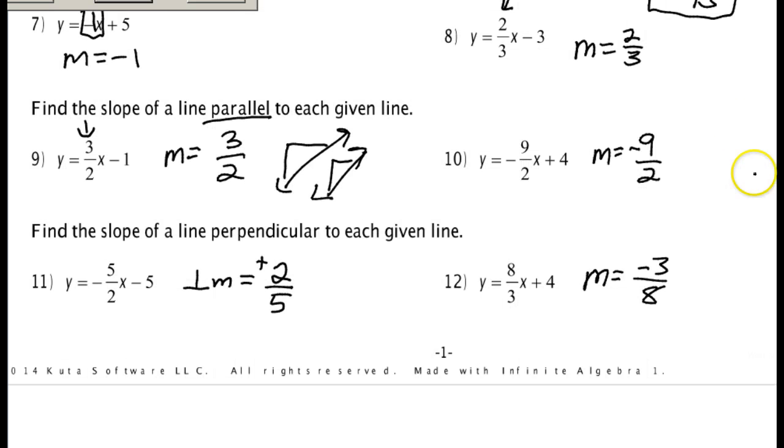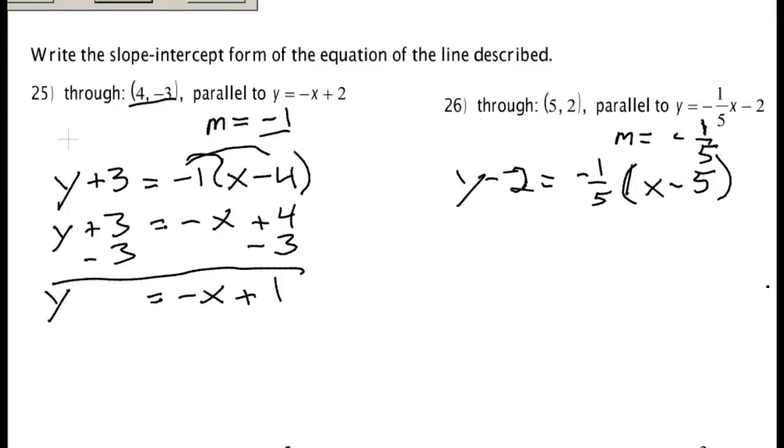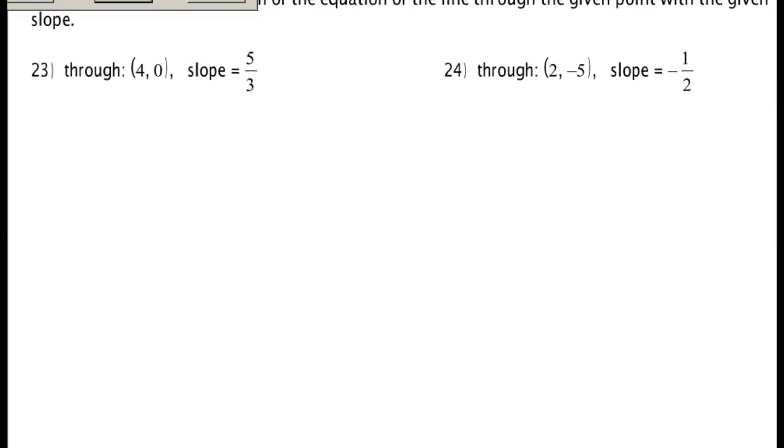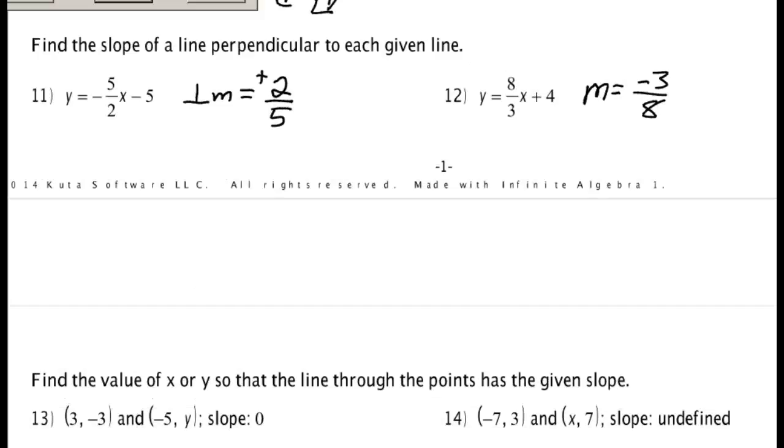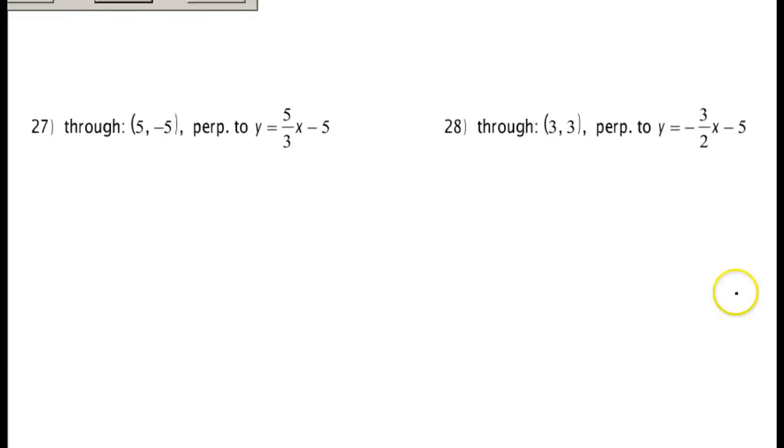Let's look at the next two after that too. What we just did, find the parallel slope, find the perpendicular slope, is directly used on those last 4 problems. So here, what is the perpendicular slope? Not 3 over 5. Negative 3. You do the opposite, which makes it a negative, and reciprocal. Another way of looking at it is that these two multiply to negative 1. So we have y plus 5